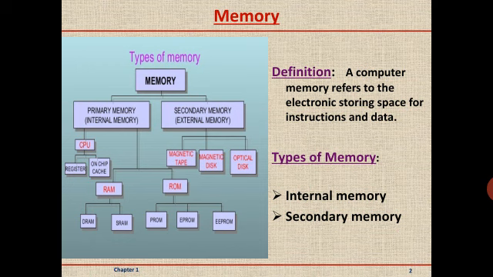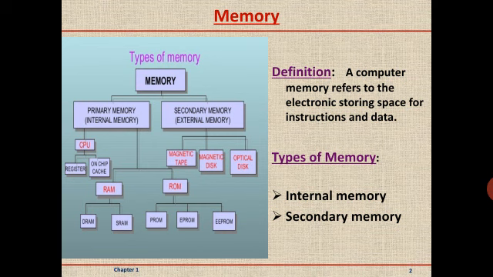In today's class, we learn in the first chapter the memory, types of memory and the power supply to the computer system. So in the previous class, we started with the first chapter. We learnt what is motherboard, components of motherboard. We also learnt what is a port, types of port, etc. Now let us introduce about the memory.